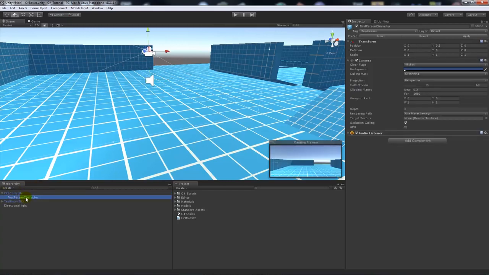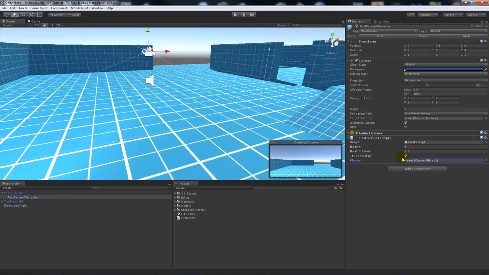I will select my first person character, which is classed as my camera. I'll add my script here, and you'll notice that we've got a script, which is our first script. We've got health equal to 5. We've got health float equal to 5. Now the difference with a float and a whole number is we can say 5.5 there. I cannot actually put a decimal place in an integer value, so if you want it to be more accurate,